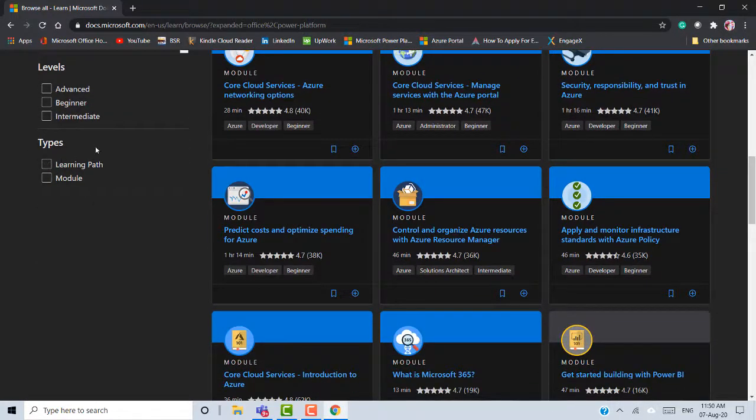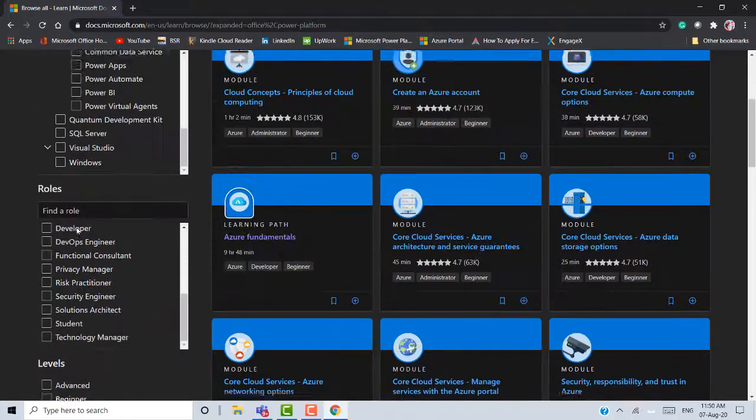And plus you have these two options, like learning path and module. Module is a single module, a single specific topic, and learning path is a collection or group of various topics. Okay guys,